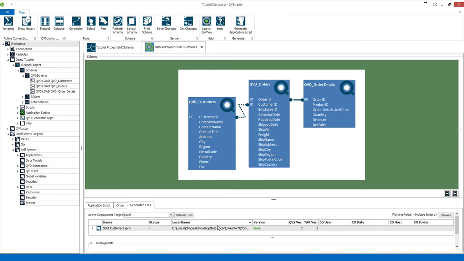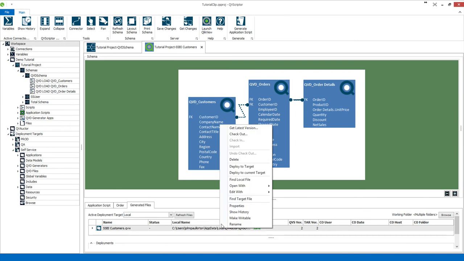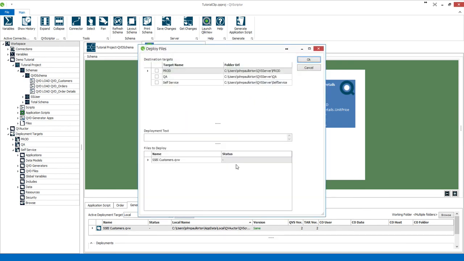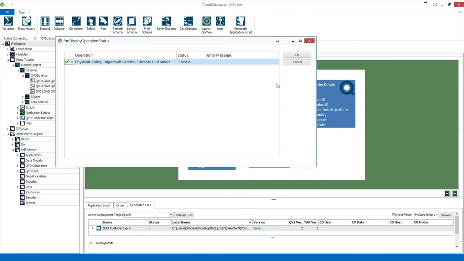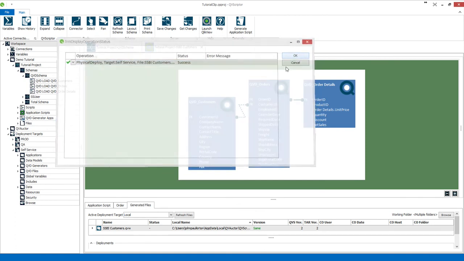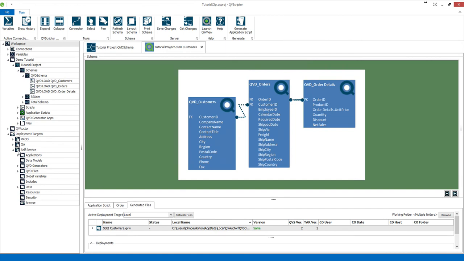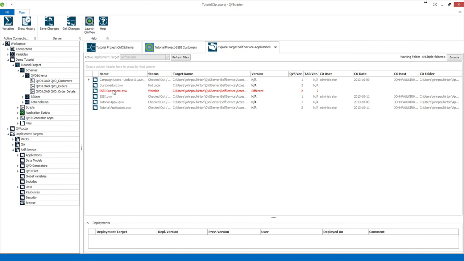I can save it, close my QlikView application, and from here I can check the application in. So then what I can do as a self-service business user is also deploy it to a target. I might have different targets over here, but we'll just put it in the self-service as well. It's successfully checked in or deployed, and then I can come to my area, look at my applications, and you can see my QVW is now writable, so it can be reloaded with data, and it's fully generated from QVD